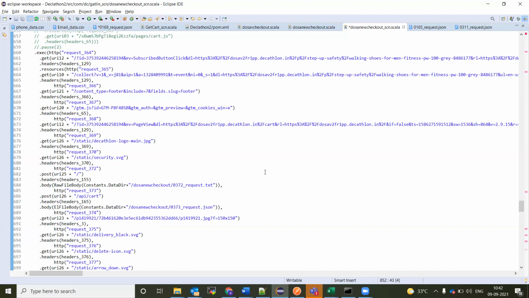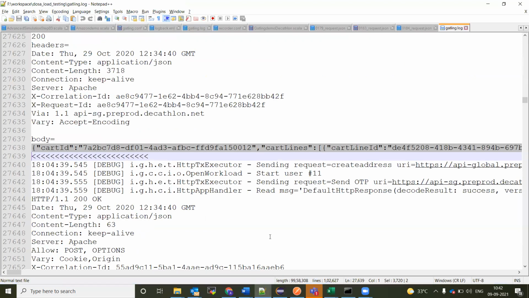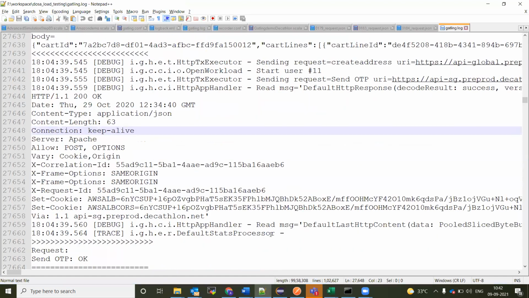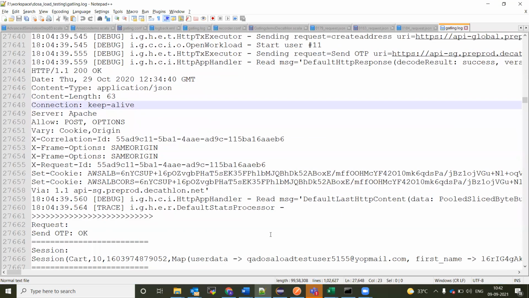For example, if it failed because of the token, based on the error message in the log, we change accordingly. That comes only with practice and experience. Any other problems, Arun, while creating these scripts?